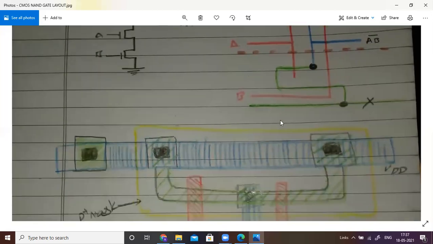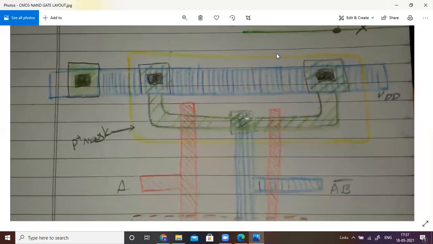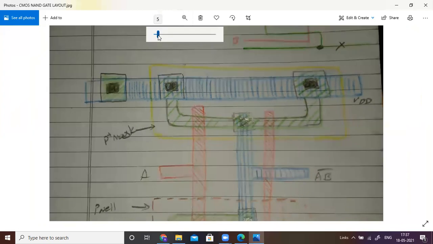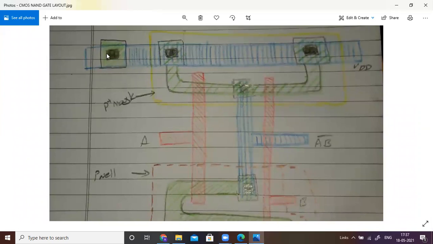Now, how to draw the layout here? Just observe. Draw a sufficient space. First, this is the VDD line. This has a 3 lambda width. Using a blue color, draw a layer like this, a vertical layer, I mean a rectangular layer. And then